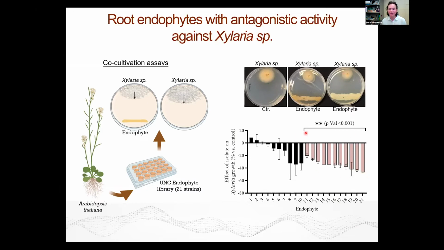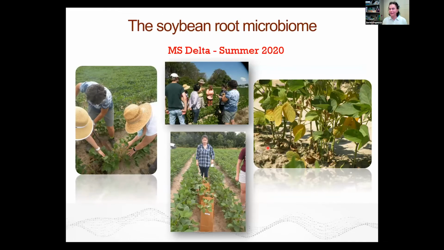The lower the number, the higher the inhibition of Zalaria growth. And you can see about 11 of these strains had a significant effect on the growth of Zalaria on the plate, with the others showing either not significant or no effect on the growth of the fungus. So this was very encouraging, actually. So we took the next step and decided to start building our own libraries and start really working on the soybean